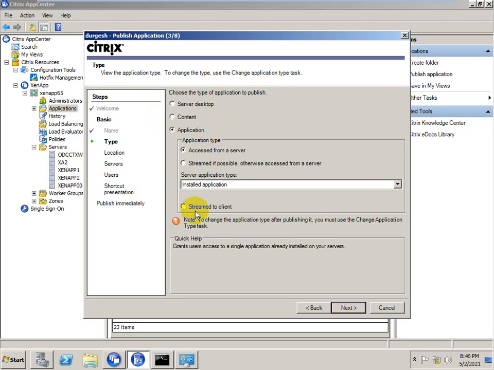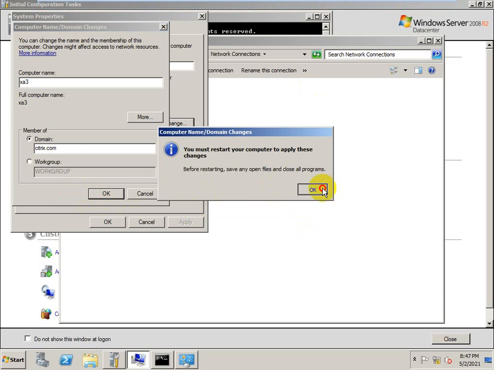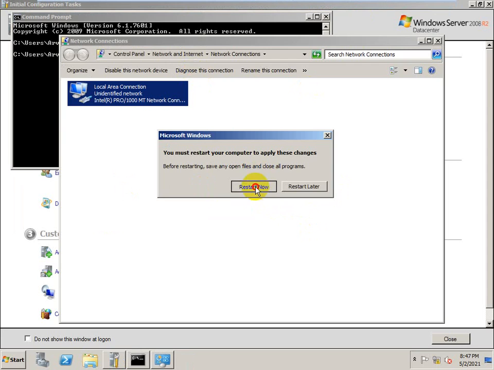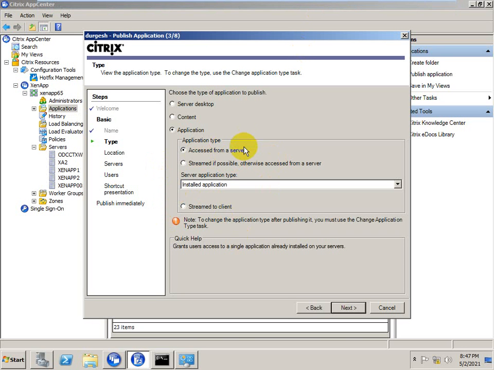Okay. In application, there are server hosted applications created on the server. In that, you have hosted an application. For the server hosted application, you need to create a streamed application package, and then you need to publish it for streaming.